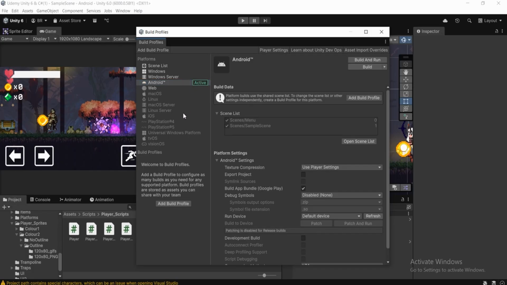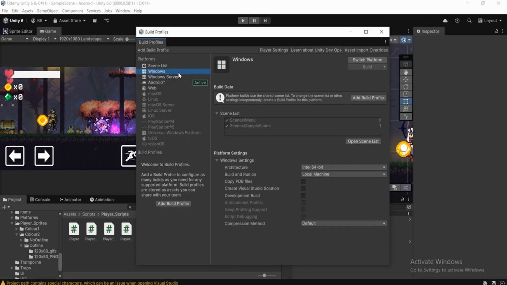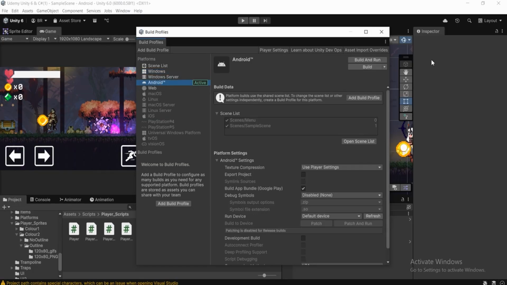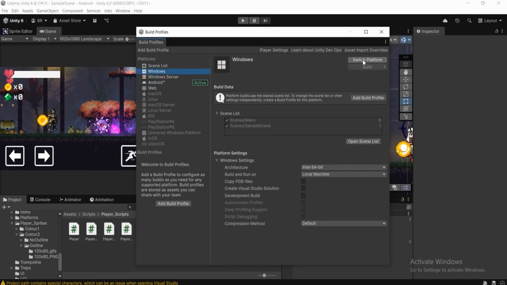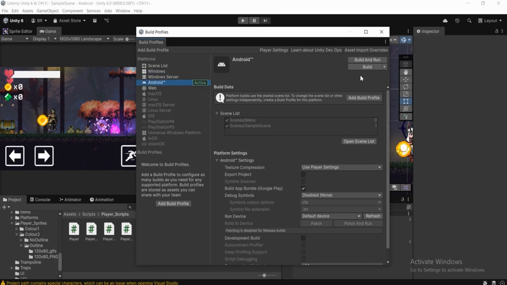If you don't have it, let's suppose you are in Windows, then select Android and you're going to see a Switch Platform button somewhere in the top right side inside your Build Profile tabs. If I select Windows, I can see Switch Platform. So to do that, select Android first and then click on that Switch Platform button. After doing that, you just move over to Android settings,